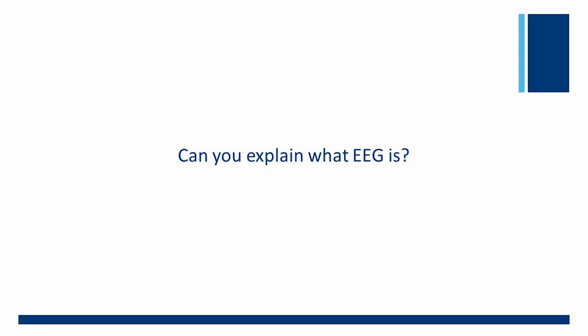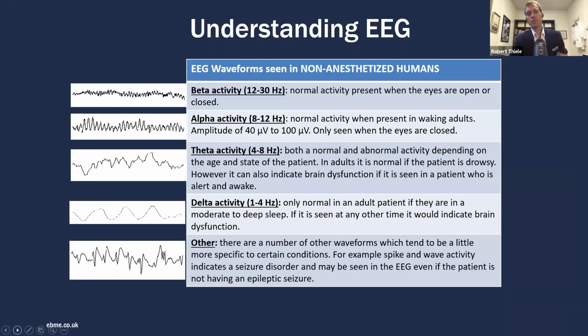For this segment of the series, a discussion on anesthesia in the brain, we will dive into what EEG is. To help provide insight into this is Dr. Bob Thiele, Assistant Professor and Co-Director Enhanced Recovery After Surgery Program at the University of Virginia. Starting out with non-anesthetized patients, which is how EEG was originally developed. It wasn't developed to study intraoperative awareness. It was developed to study sleep and consciousness and things like that.